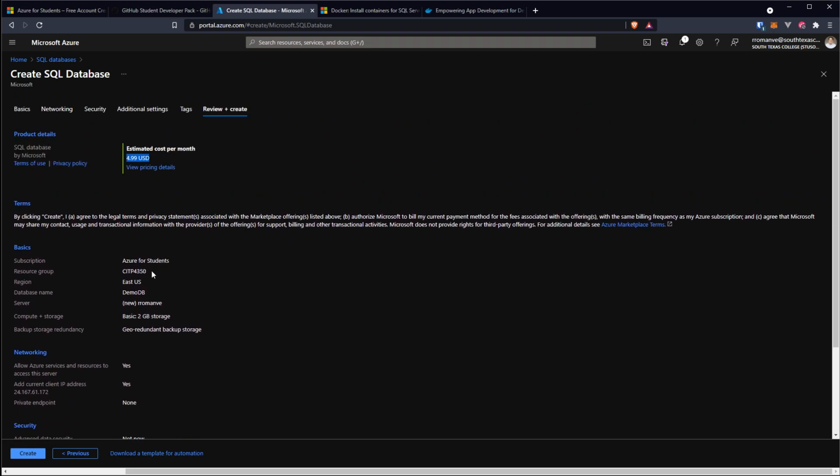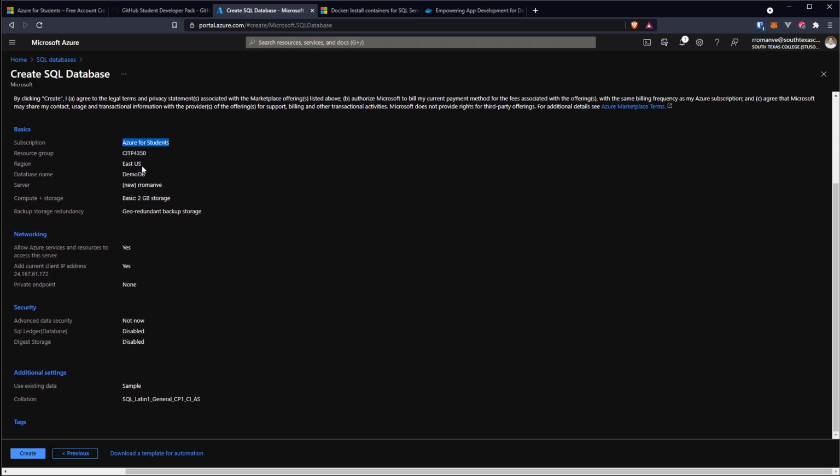We will see pretty much how much we are spending. We are around $5 monthly. Sometimes the prices could be a little bit bigger than what it actually says here, but it's around this. This is my subscription, Azure for Students, this is the resource group, my database name, my server name. Everyone has access. I added my personal IP and probably need to be hiding this, but well, it's okay. Advanced data security, everything is disabled, and we're using the sample data. Perfect. So we just click on the create button,